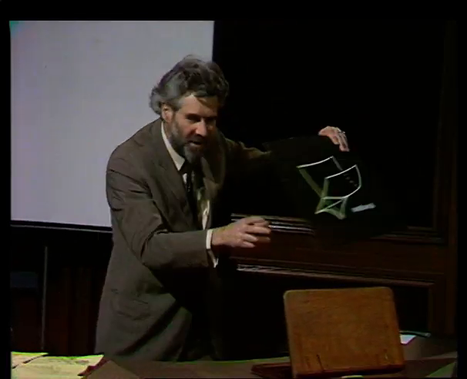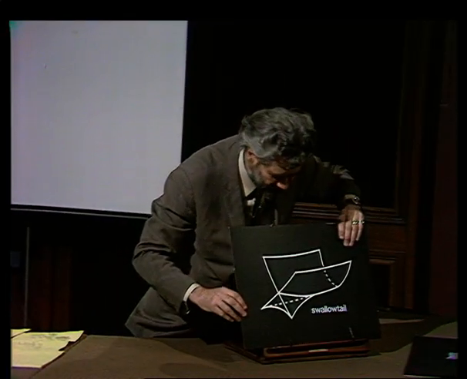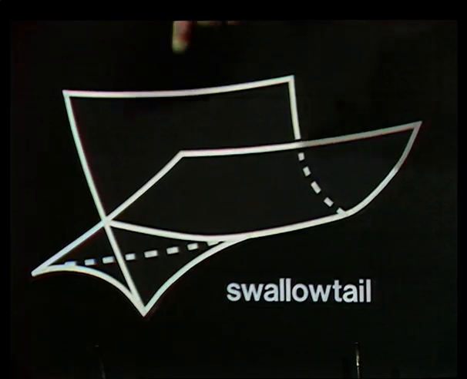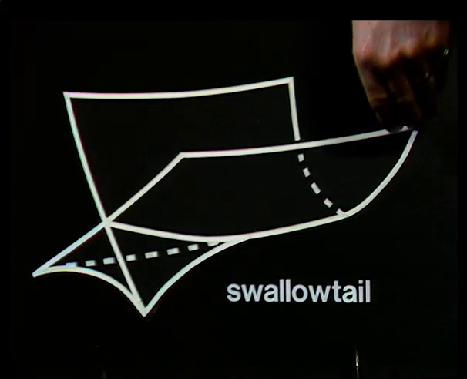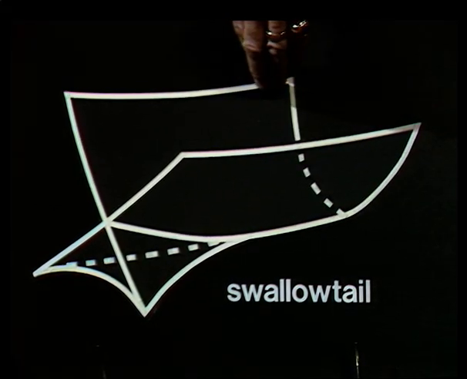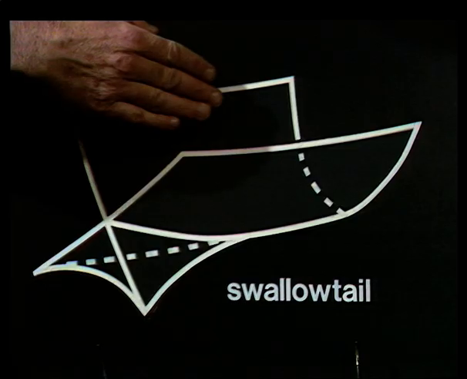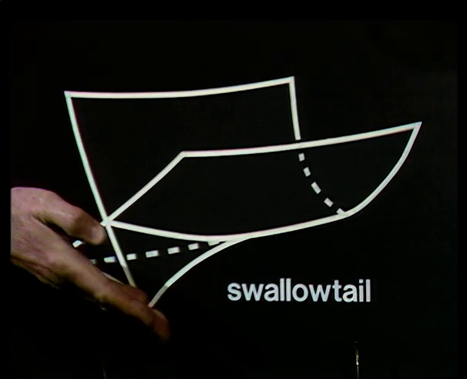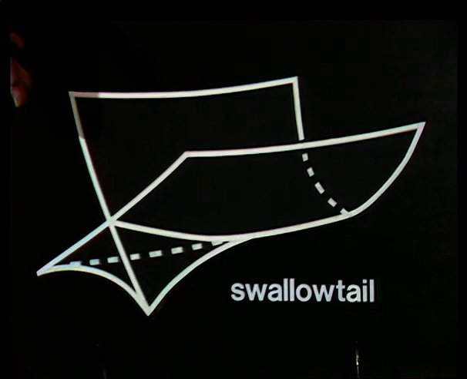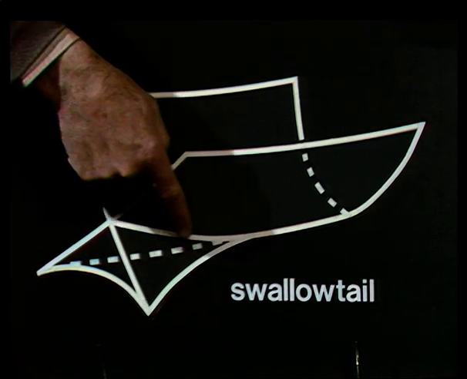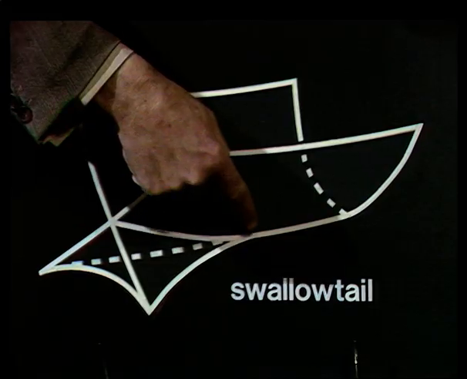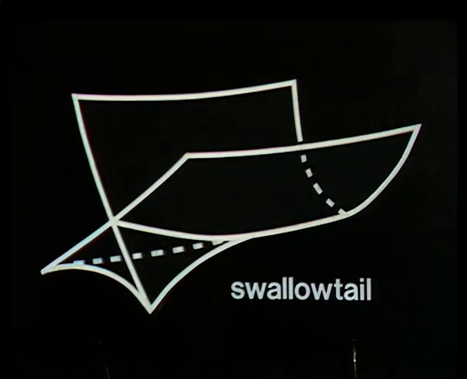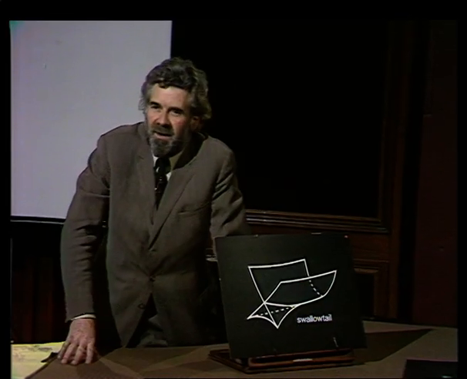The first one is called the swallowtail. Here it is. It's a surface which is nice and smooth round here, but at the front it comes like that, has a cusped edge, and then another cusped edge, and then intersects itself along this line of self-intersection with the origin there. And this is called the swallowtail because